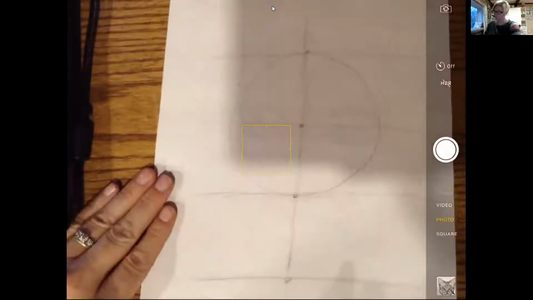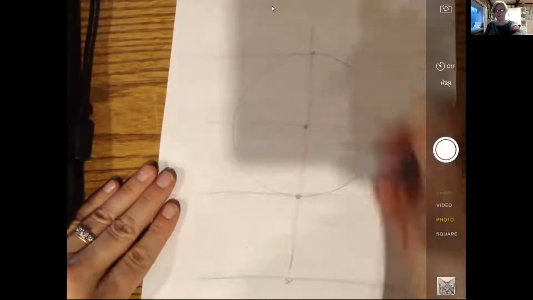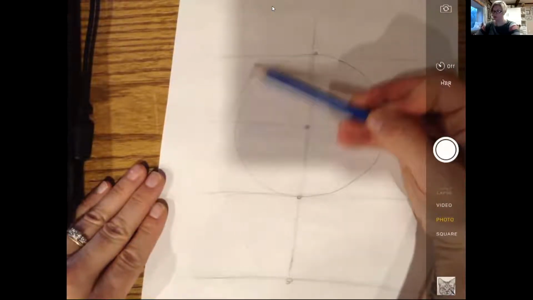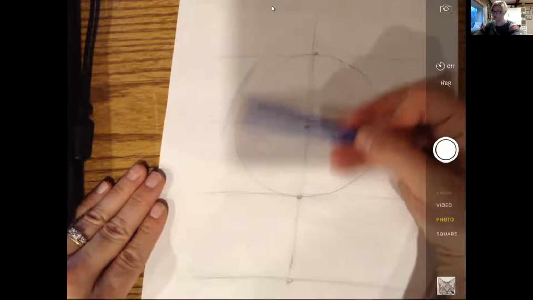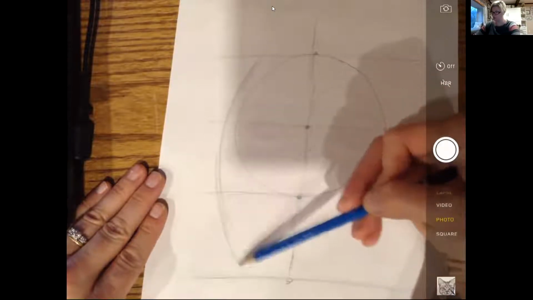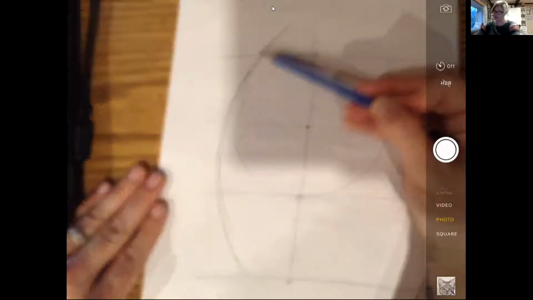Okay. So the question is, how do we make the side of a face so it looks realistic? We're going to go right along the outside of this circle, and then you're going to curve it in till it touches this line right here. Okay, so we're making like a big,